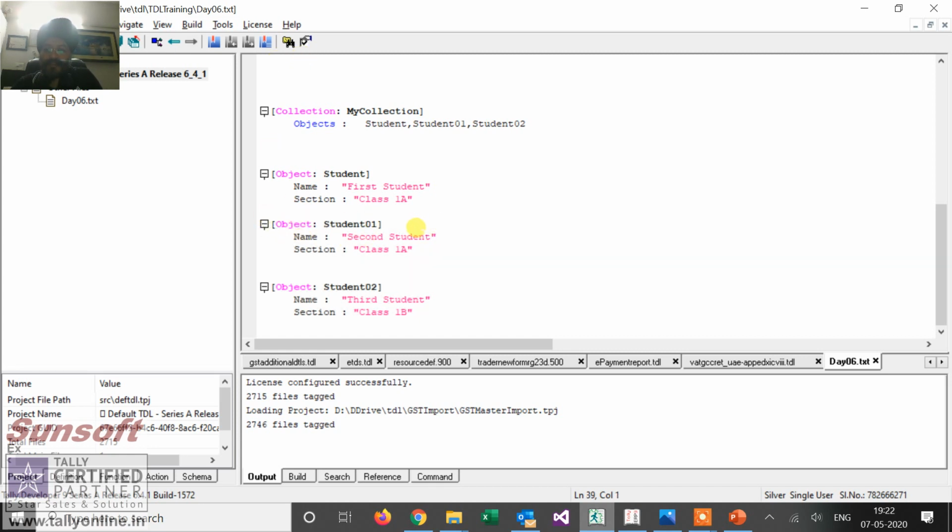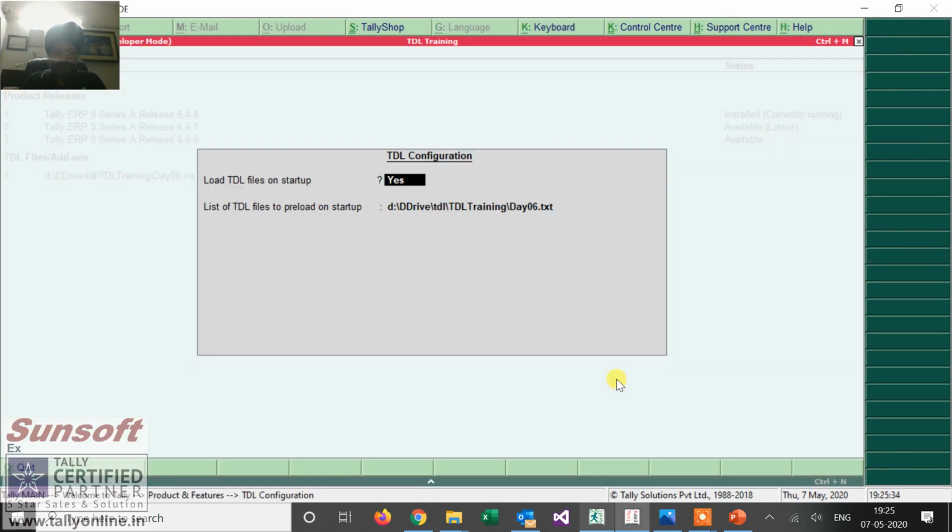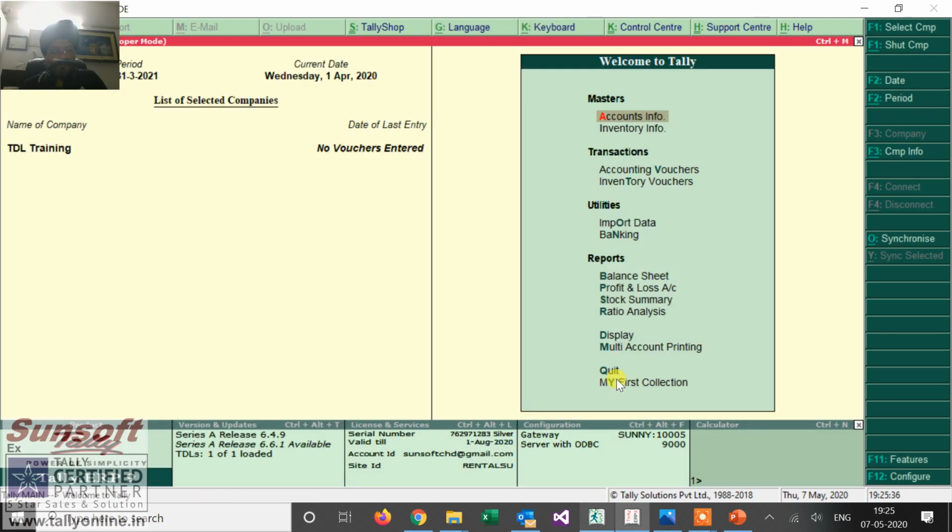So it is giving me some error. So let me change this collection to my student. Maybe some internal tally is using some internal name student in it. So that's why it is giving a duplicate description. It's just a presumption since it is saying it's a duplicate name. Let me change the name. Okay, now it is okay.